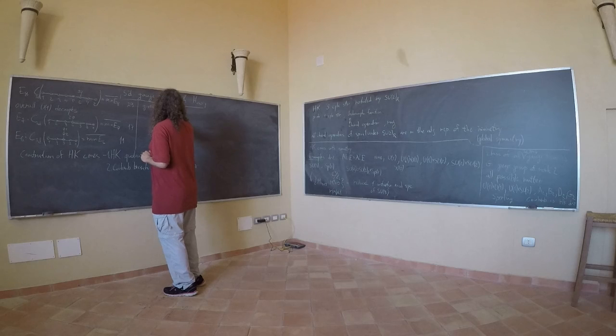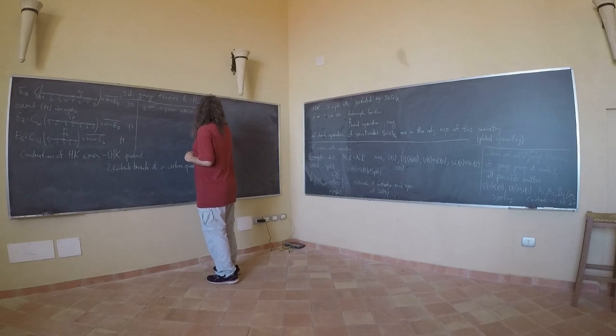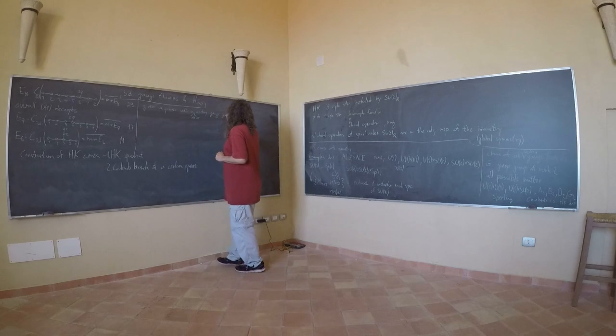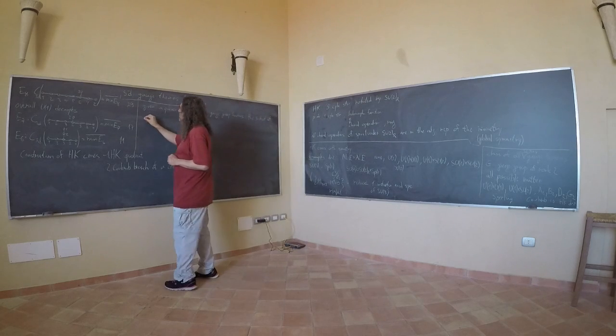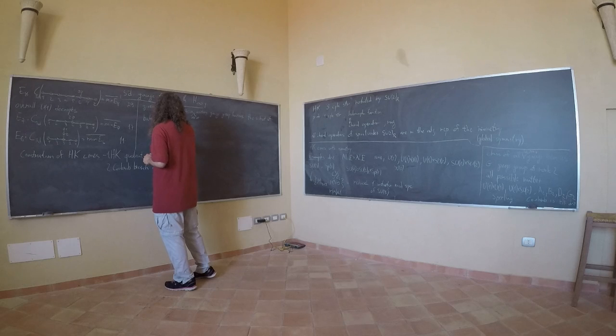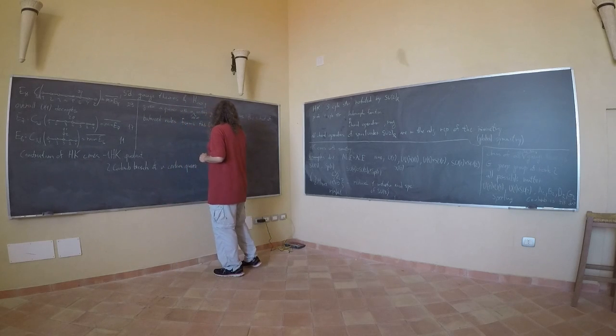Given a quiver with a unitary gauge group, the subset of balanced nodes forms the Dynkin diagram